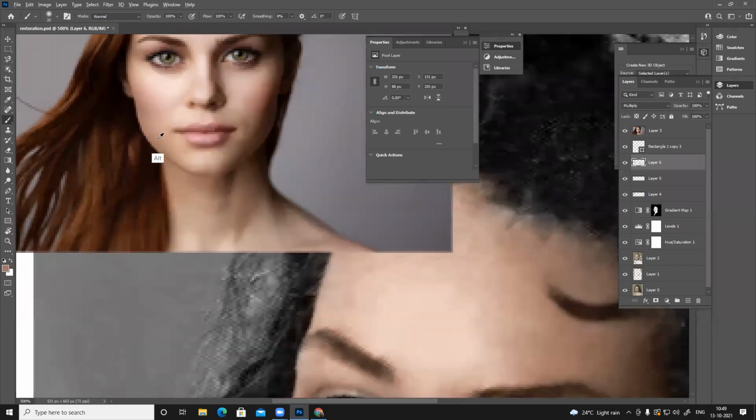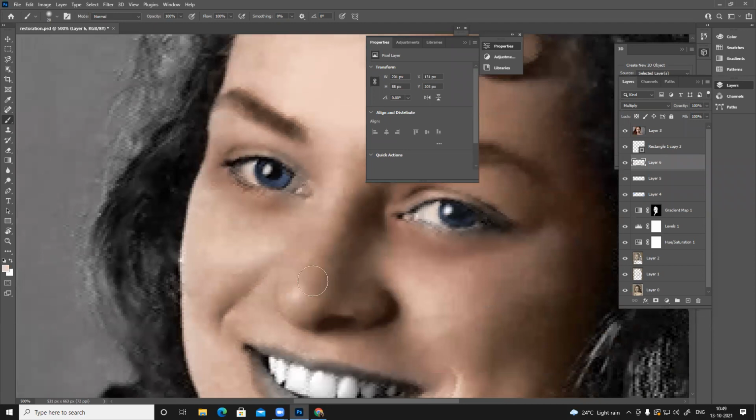Similarly, if I change some tools here, you see the nose is slightly lighter. In multiply, whatever you paint will make it a little darker. So I can use a separate layer here and paint the lighter tone.